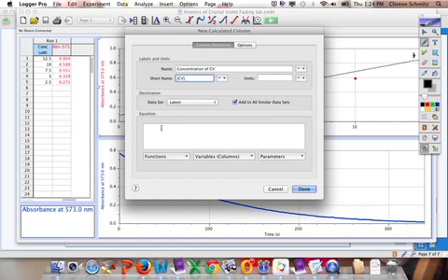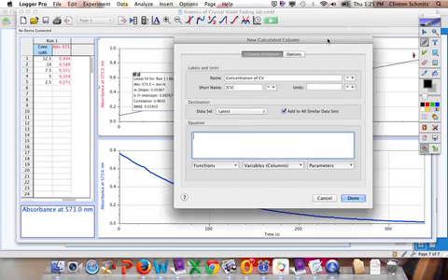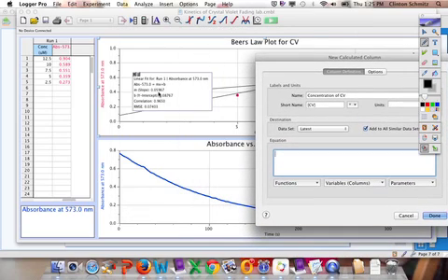Now we're going to have to write an equation for that. The equation we're going to be using needs the slope that I have shown right here. What we're going to do is take the absorbance that we have calculated and divide it by the concentration of our Crystal Violet. Well, not that, we're going to divide it by the slope, which happens to be